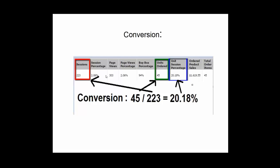And this is what you want to look at right here. This is your conversion rate. So pay real close attention to this. Your conversion rate is the units ordered divided by the sessions, and that equals conversion rate. Okay, so in this particular case, this product, I had 45 orders. I had 223 sessions. Now, what's a session? A session is a